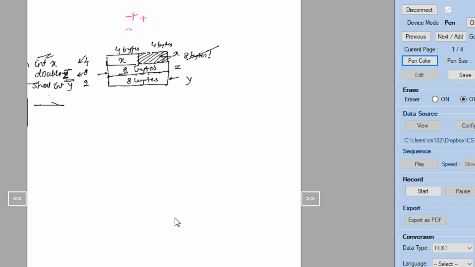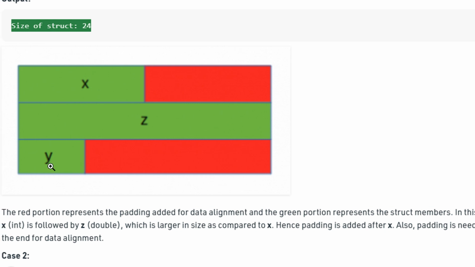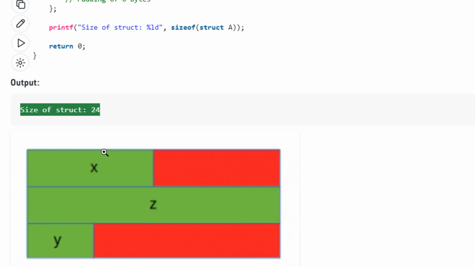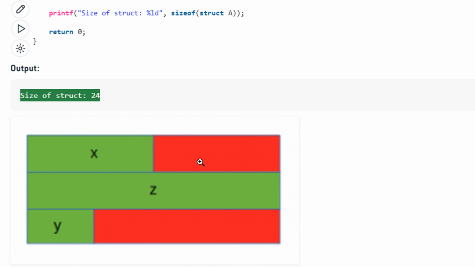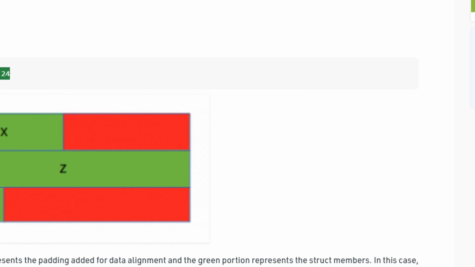So now I will give you another example. How can you design this optimally? You can see here, in the case of y, because it required only 2 bytes, the rest of the 8 bytes were kept blank. And x was 4 bytes, so 4 bytes were wasted here just to keep the alignment. This was 8 bytes, so the entire 8 byte band is occupied. And this was again 2 bytes. So we basically wasted 6 bytes more.